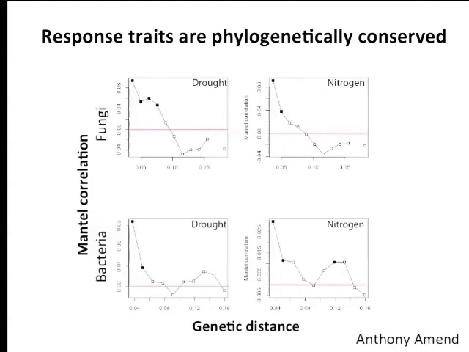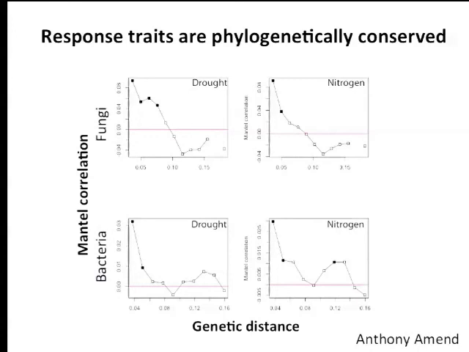So if you are less than about 8% similar in your sequence similarity, you're significantly more likely to respond the same way to drought than not, okay? So I would argue this is some evidence for phylogenetic conservation of drought response in fungi. And we see the same